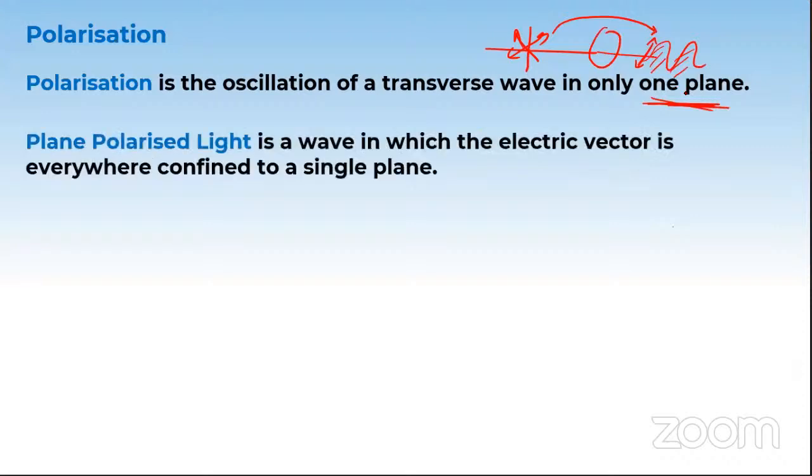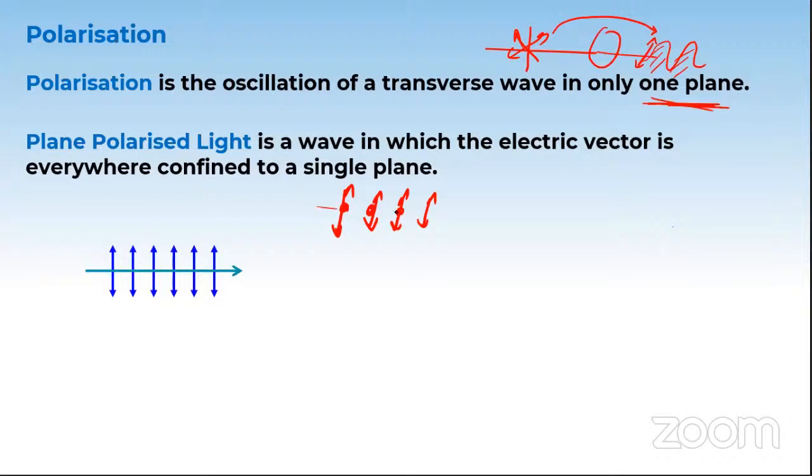And how do we denote this polarized light? If you remember, this was an unpolarized light. Unpolarized light had up and down oscillation as well as dots in between. So this indicates unpolarized light. But how do we denote a polarized light? What we do is we separate the dots from the line. So you see, I remove the dots. There is only oscillation in one plane. This means the electric field is oscillating only in one plane, in this direction. So this is a polarized light.